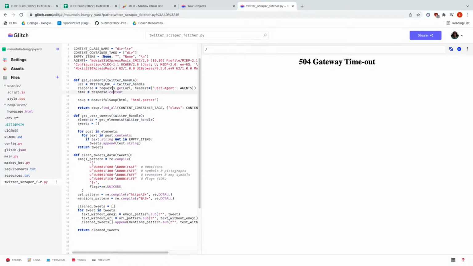Response equals requests.get(URL, headers=user_agent). HTML equals response.content. Soup equals BeautifulSoup(HTML, html.parser). I wonder if I'm able to.